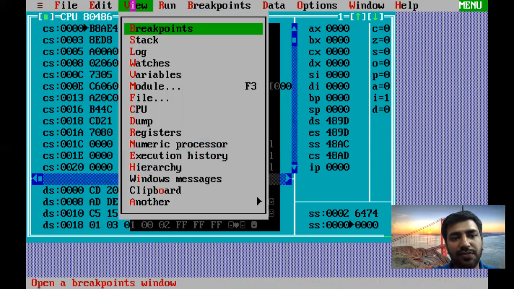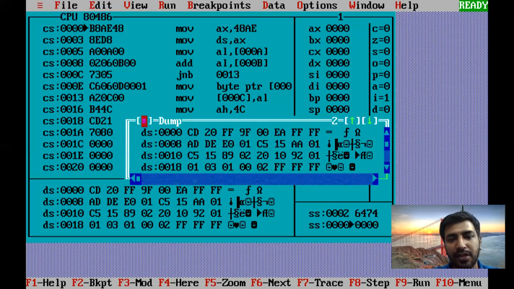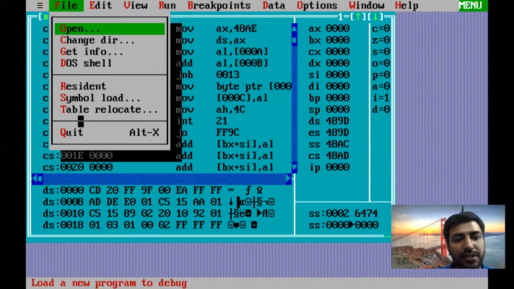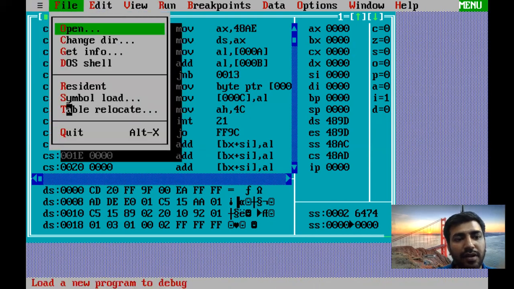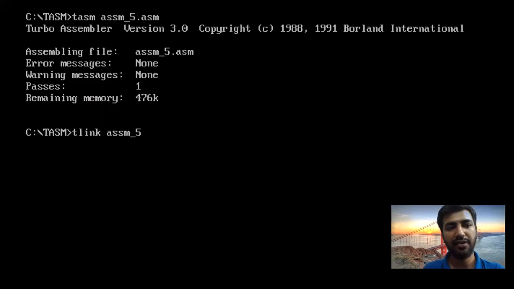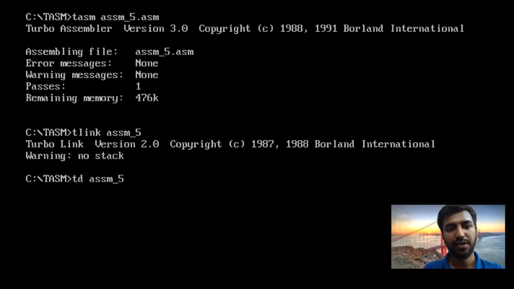When you see this view and dump, you will find that your numbers are not there. So what you can do is, I'll go here, write TASM, and I will do TLINK again. I will do TD.